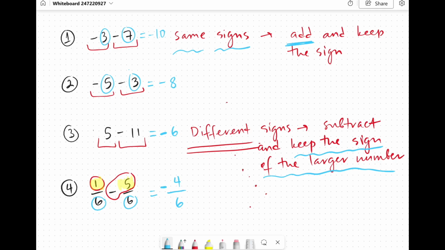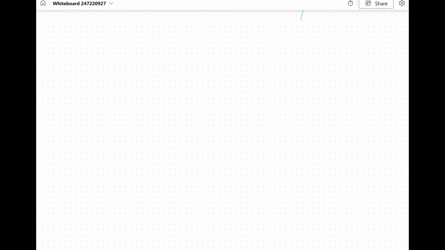When your answer is a fraction, also make sure that you check if the top and the bottom have anything that can divide each one of them. So here the 4 and the 6 are each divisible by 2. So please make sure you divide the top and the bottom by 2 and the answer becomes negative 2/3. Now let's review multiplication and division of rational numbers. So for your number 5,